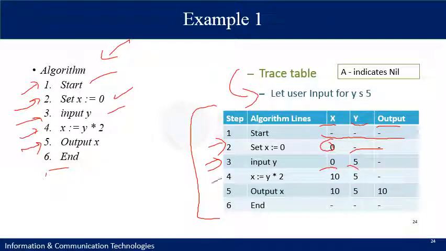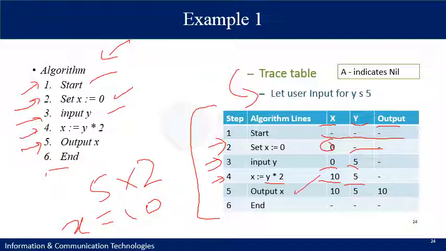So in the fourth step, we calculate y multiplied by 2, and y we know was 5, and multiplied by 2 is equal to 10, and we store this value into x again. So we can see we have x is equal to 10, y is equal to 5. So finally we output the x and we get the output is equal to 10,